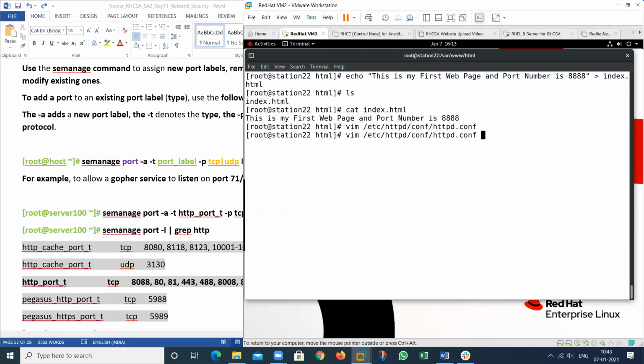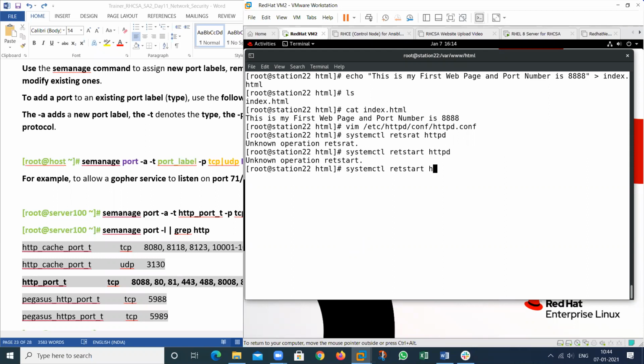Then restart the web service. So what is the command? systemctl restart httpd.